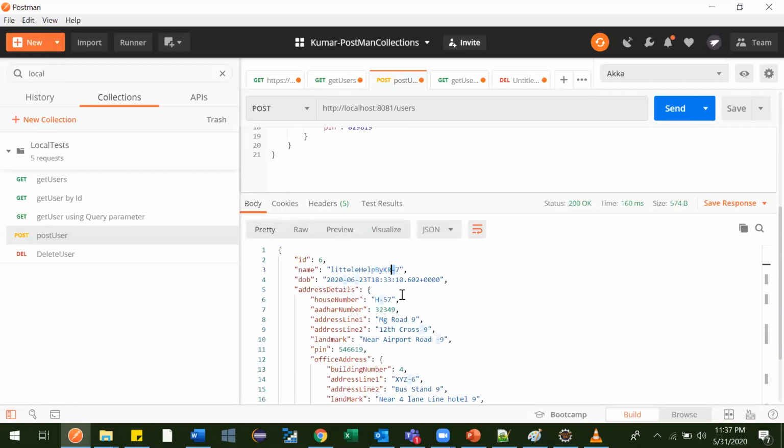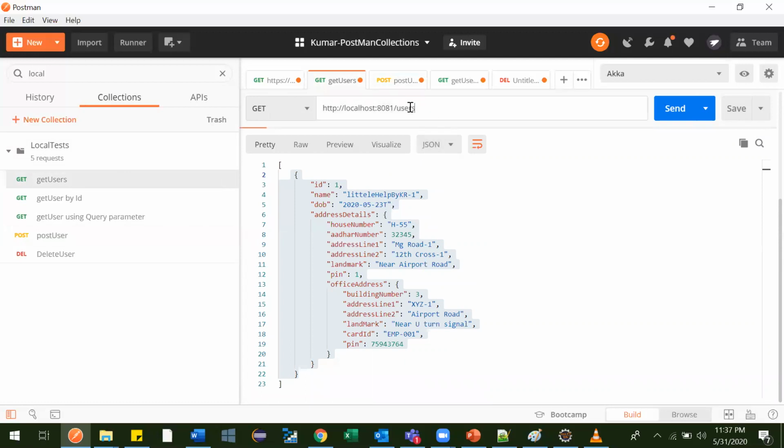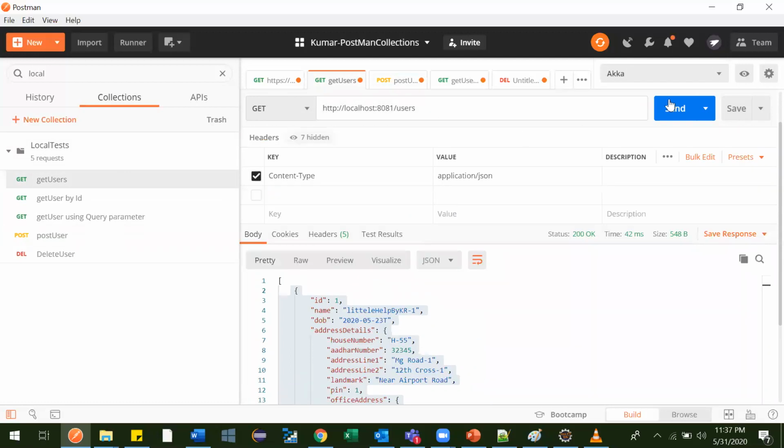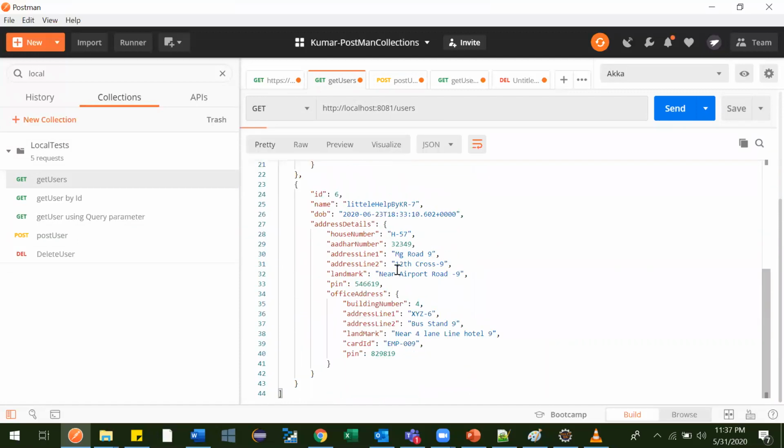Now let's check whether after adding a user using this POST request, we are able to fetch it with our previous GET request. This is the GET API, and we'll hit it. It should return how many users are there in the DB, with all the details. See, this is what came, right?